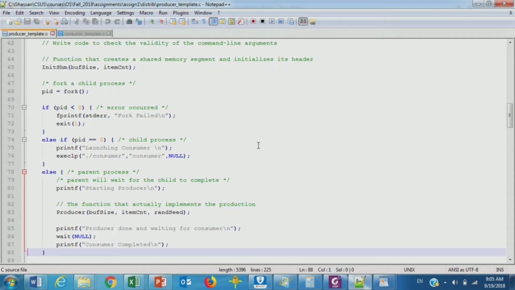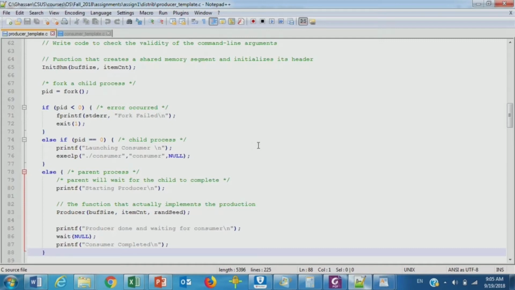So launching means just loading and executing this executable, which means that you will have to compile the producer and the consumer separately. So you have two executables to compile, producer, consumer, and the producer executable is going to load the consumer executable as a child.